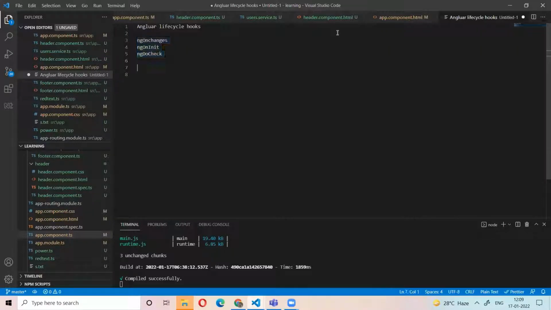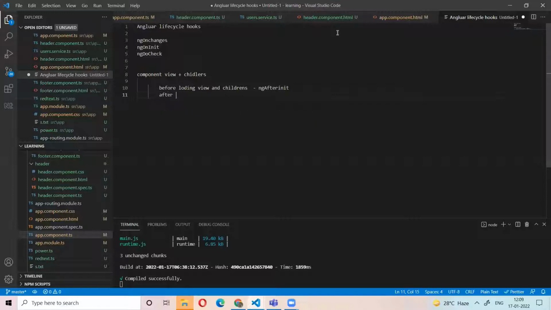Now we have the component view and child components. So before loading the view and children, ngAfterContentInit is loaded.